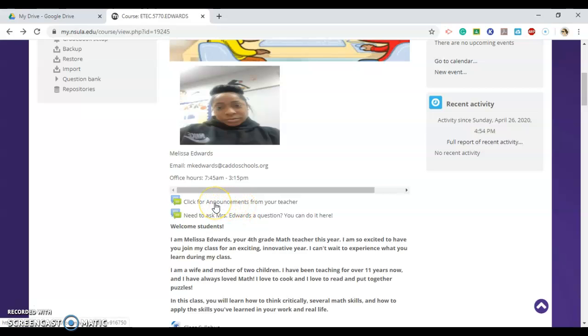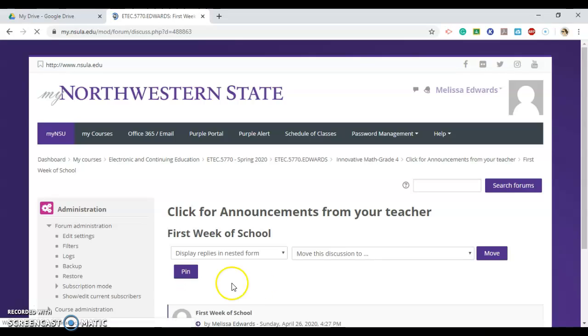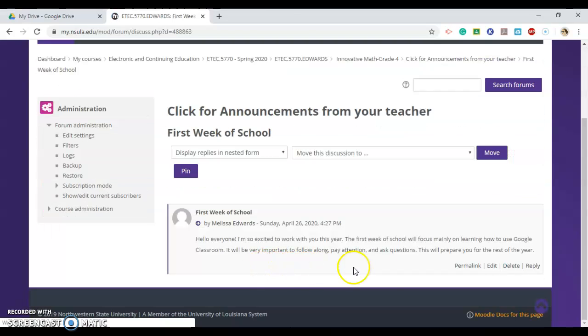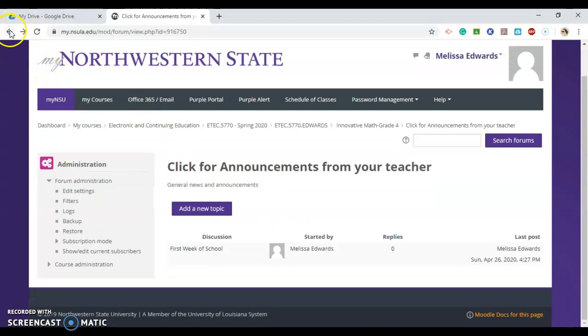Here it says click for announcements from your teacher, and so if I click there, here's an announcement. And I click first week of school, and it's showing a generic announcement that I have given for my students and parents. If I click out of there and go back,